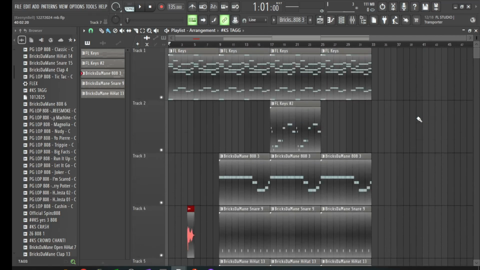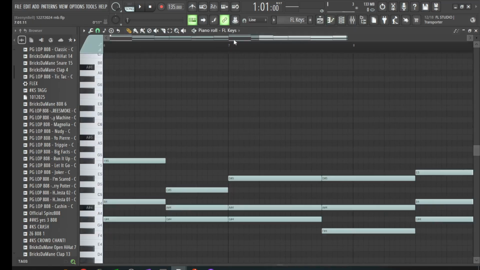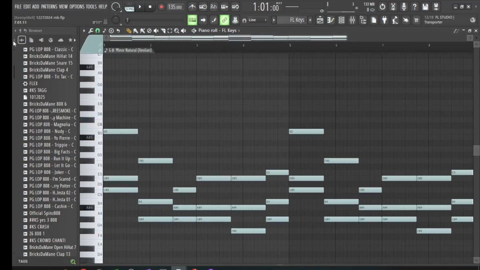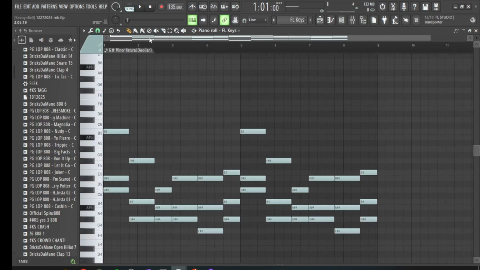So I just want to go into the chords, and it's a lot. This is a lot of chords, but it's simple, as always. So that is tension. So soon when this chord hits,